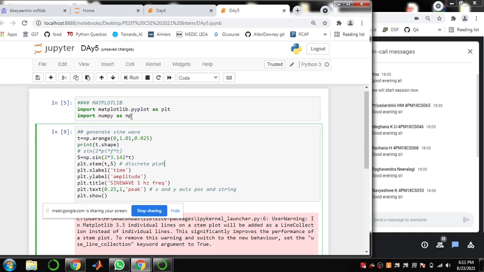Try this now. Once you complete it, please confirm. What are the other annotations we applied for the regular continuous plot?